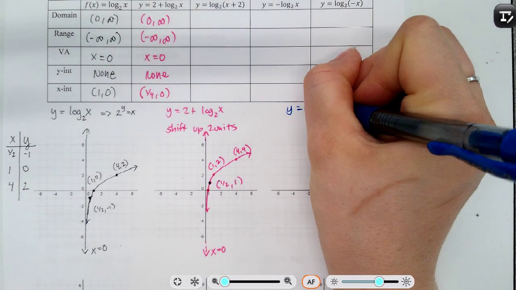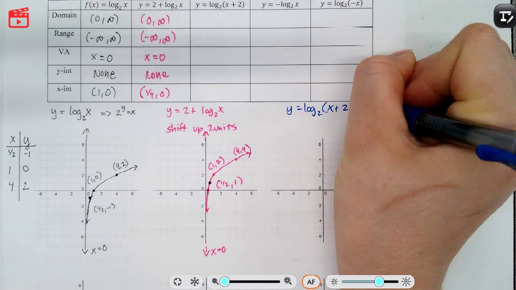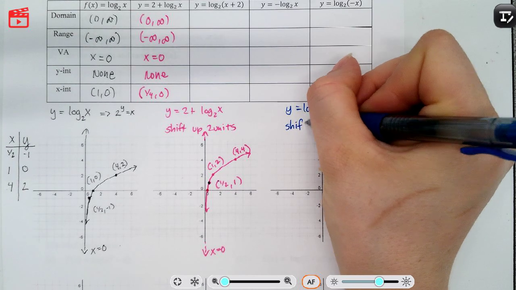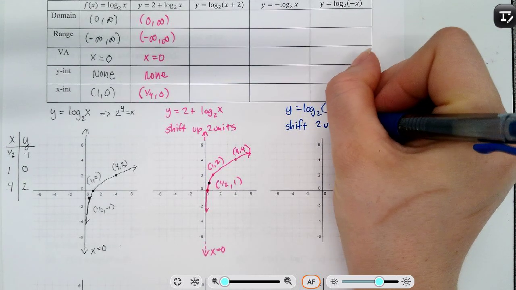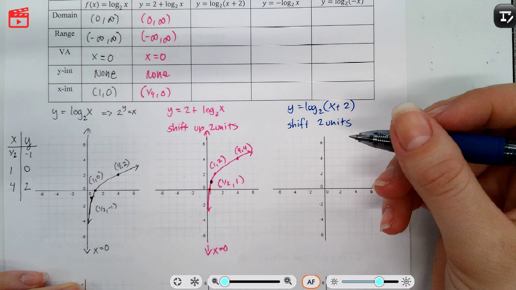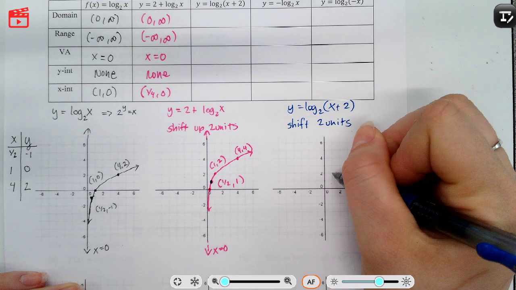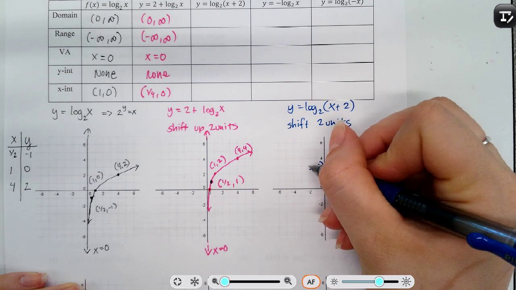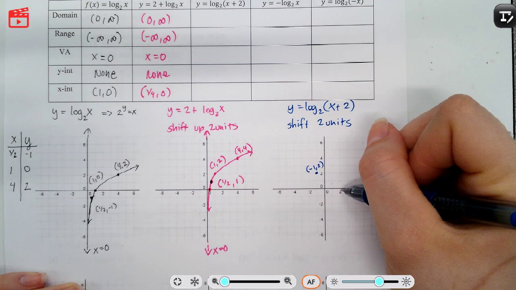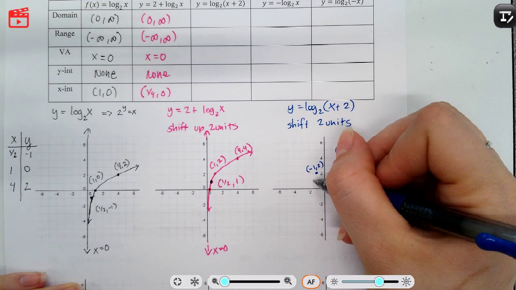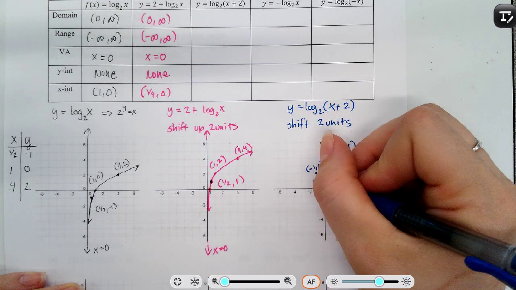All right, so y equals log base 2 of x plus 2. Okay, this time the 2 is inside the parentheses, so that's going to be shifting my x values, so that'll be shift left 2 units. Okay, so that means we're going to take 2 away from all of the x values. So taking 2 away from 1, 2 is going to be negative 1, 2. Taking 2 away from 4 is going to be 2, 4. Okay, taking 2 away from this one, that's going to be negative 1/2,